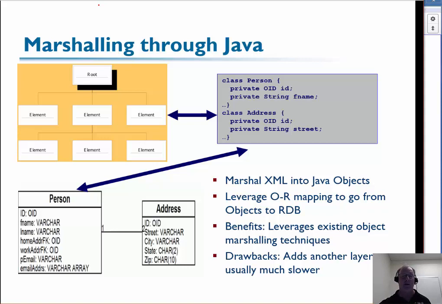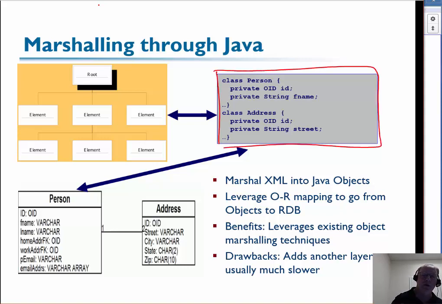You can bypass, by the way, right, the marshalling process and marshal through an intermediate format. In this case, here shows an example marshalling through Java. I can do object relational mapping like we talked about with JDBC and go from the things in the XML document in this case over to Java. So this is an object to XML mapping, if you will. But once I have that, then I can go through my object to relational mapping to go from the object to relations. Okay, so I basically can make it a two-step process, which may work if I've already done this.